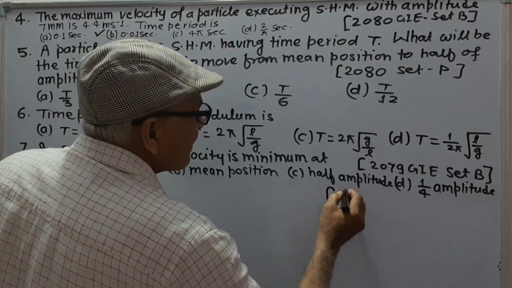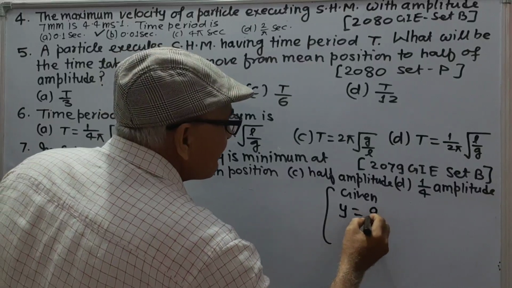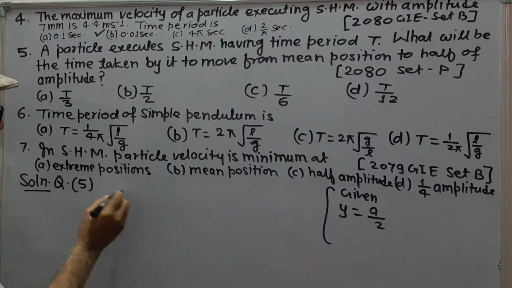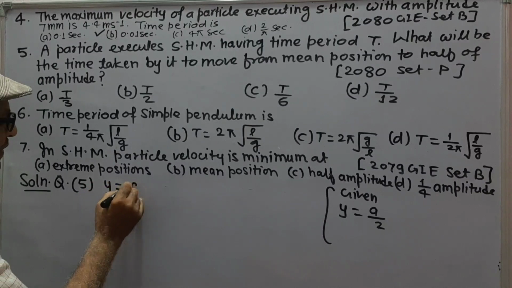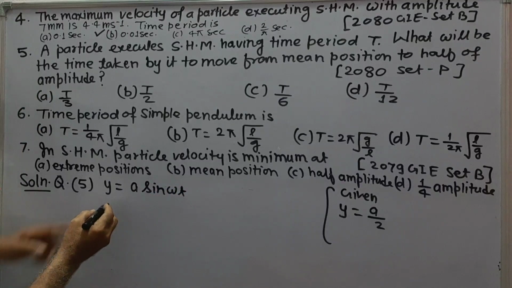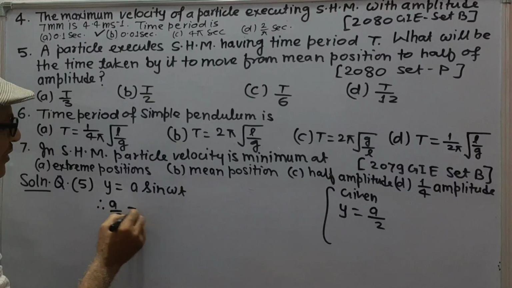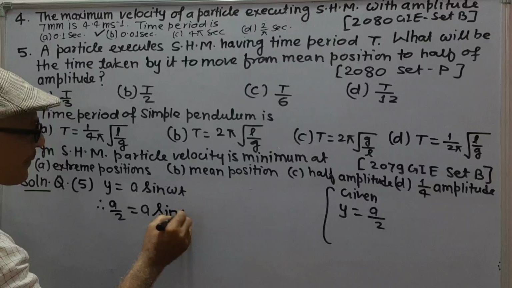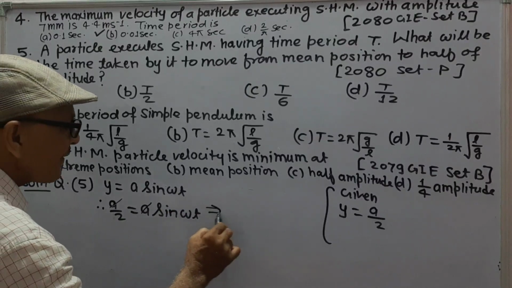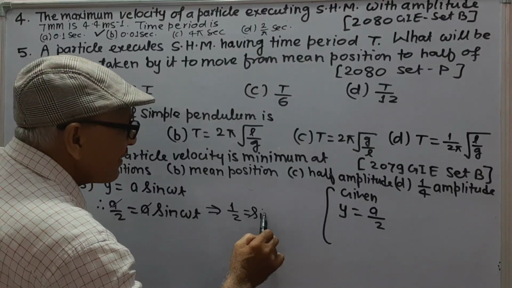Here y is equal to half of amplitude and T is time period. Now y is equal to A sin omega t. When y is equal to A by 2, then A by 2 will be equal to A sin omega t. A cancels out and we get 1 by 2 is equal to sin omega t,